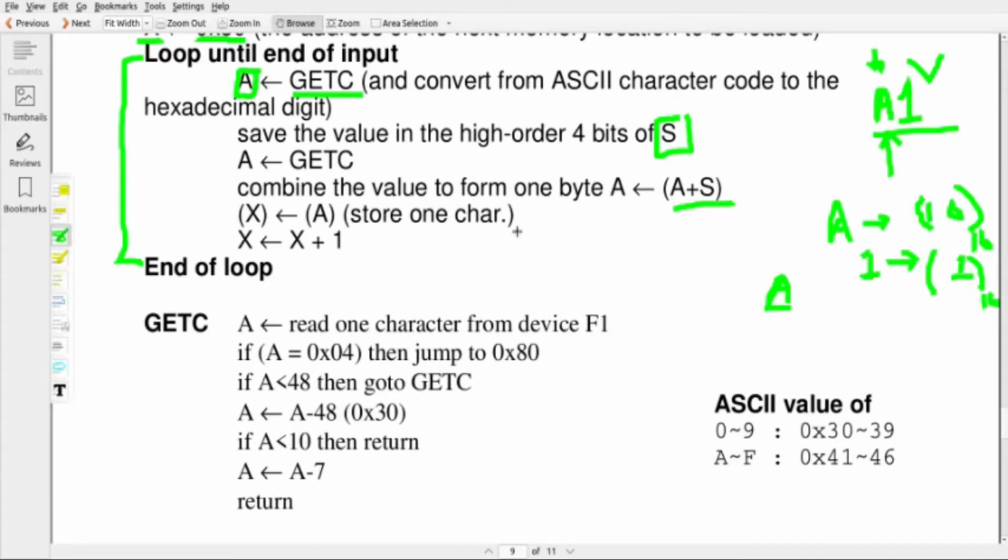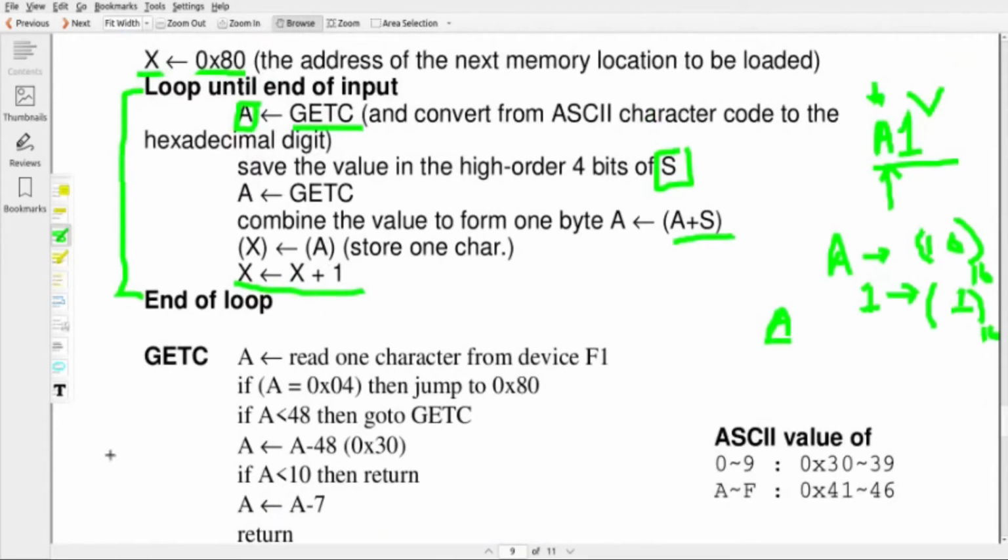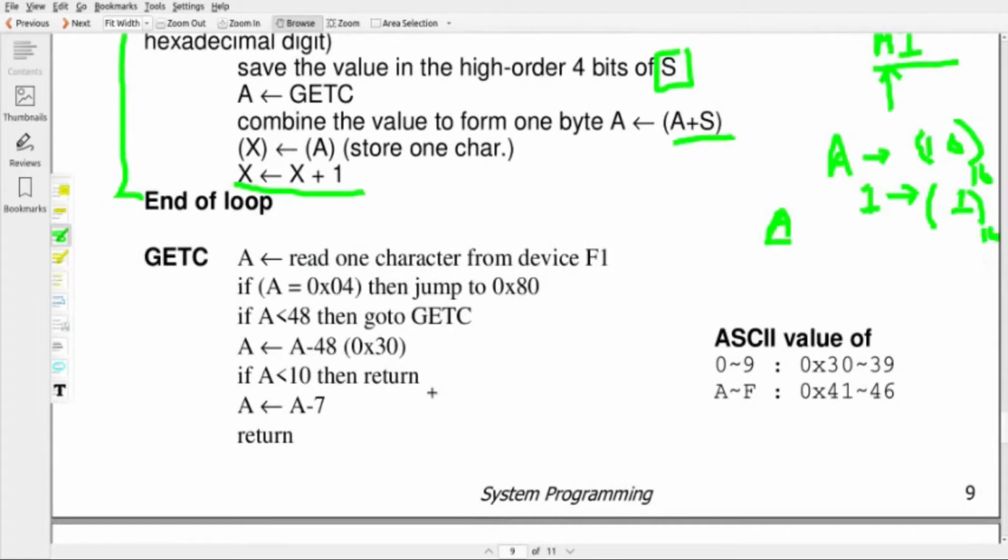Then that value is loaded into memory. After that, the memory location is incremented by 1 and the next memory location is used. This is the operation of a bootstrap loader. There is no difference between our absolute loader and bootstrap loader; both are the same. The hard disk, which is a storage device, is specified using the value F1. F1 is just for representing the hard disk.